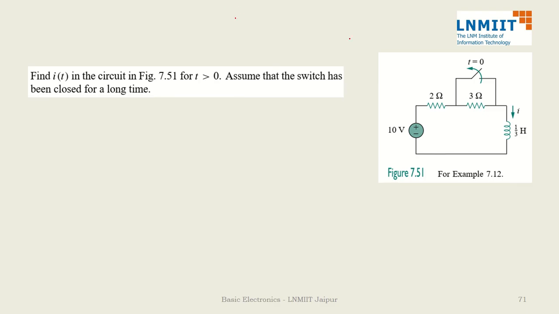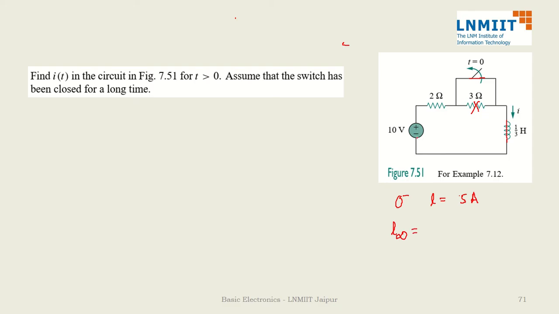So here I have this switch which is going to open at t equal to 0. So when the switch was closed, this is not into my calculation because no current will pass through this. So at t equal to 0 minus, the inductor is behaving like a short circuit, and 2 ohm resistance is connected with 10 volt. That means I is equal to 10 by 2, 5 ampere. When I am going to open this switch, then the current will pass through 2 plus 3, 5 ohm and the inductor, and at infinity